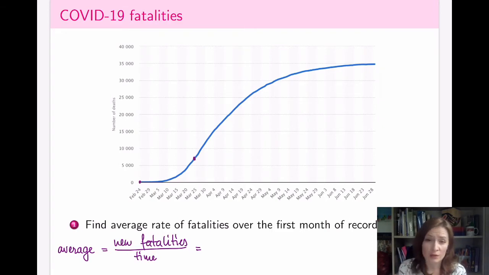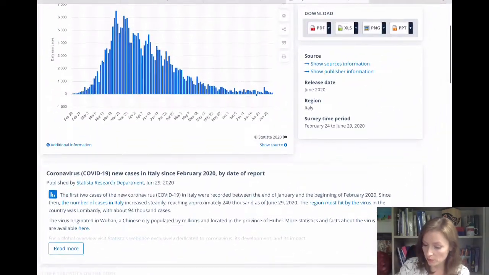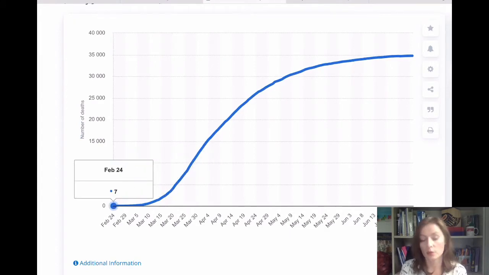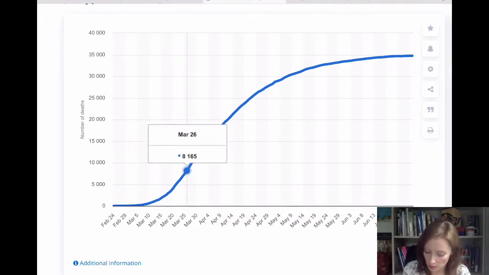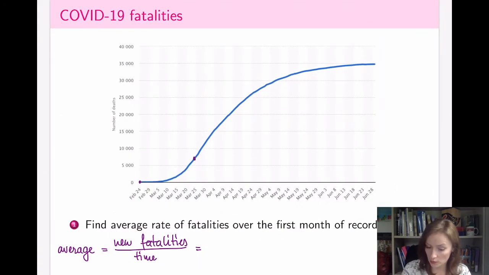Now on this graph, I don't actually have points. So if we go and take a look at where this came from, this graph is interactive. So if I point at a point here, it will tell me exactly how many cases were recorded, how many deaths were recorded on that day due to COVID-19. So on February 24th, I have 7. On March 24th, there we go, I have 6,820. So I'm going to record those numbers on my graph. So this corresponds to 7 cases, and this corresponds to